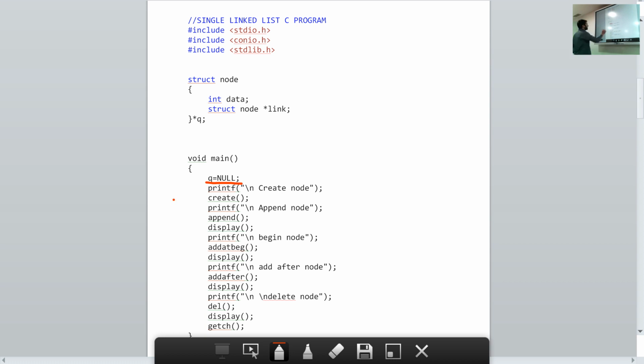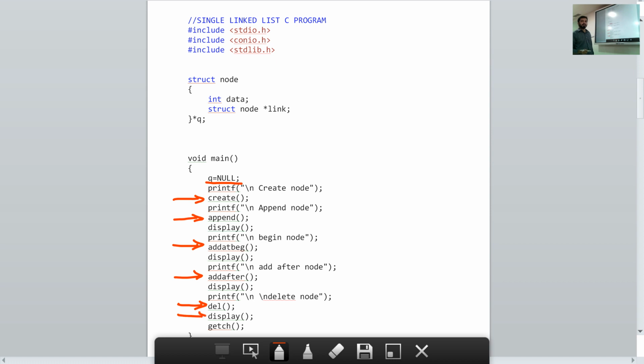Then we have various operations that we can perform on a single linked list, like creating the first node, then the append function, adding a node at the end of a linked list, then add at the beginning, adding a node at the beginning of a linked list, then add after, that is adding a node in the middle of a linked list, and then the delete function, which will be used to delete a node at the beginning of a linked list or delete a node anywhere in the linked list.